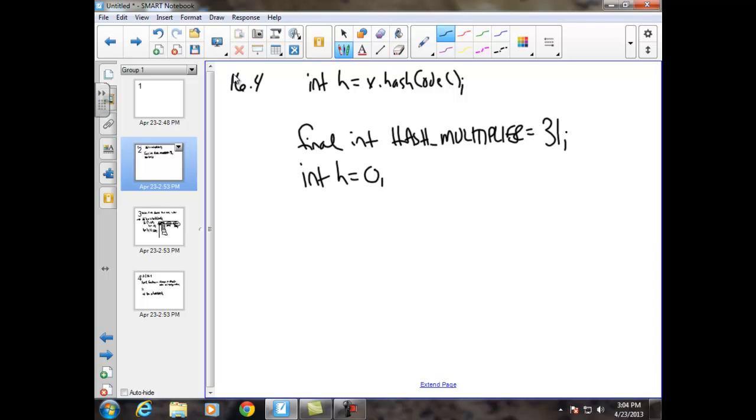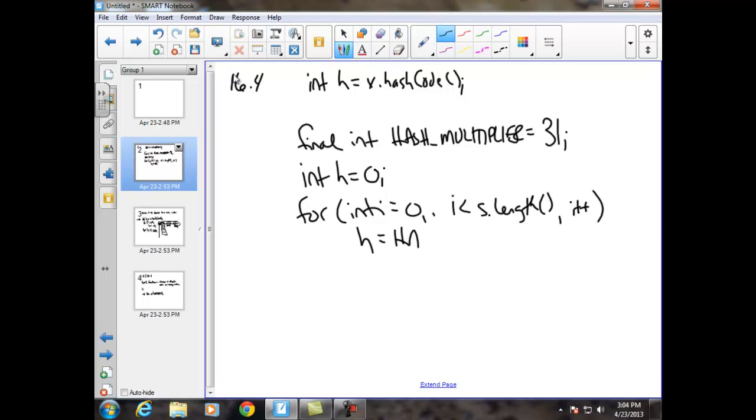Int h equals 0, and int i equals 0. i is less than s dot length. i plus plus. This is for strings. h equals